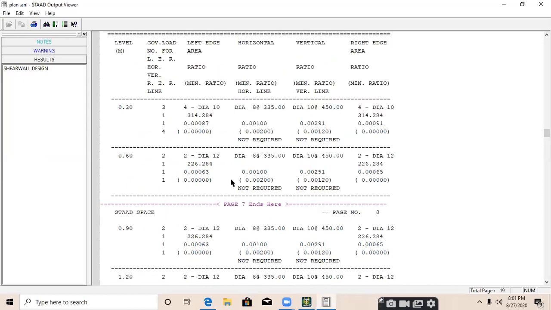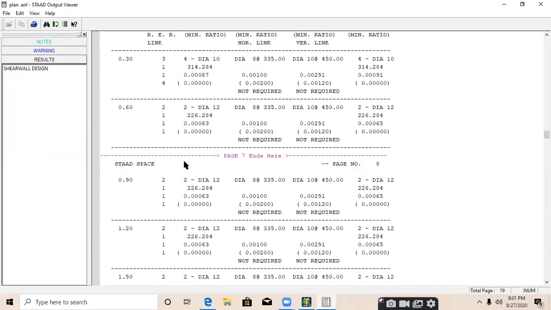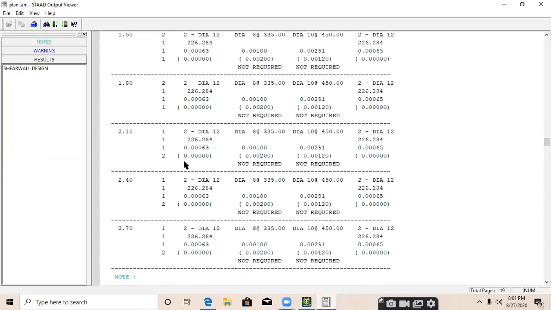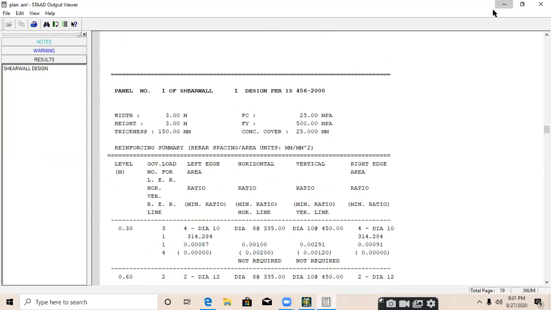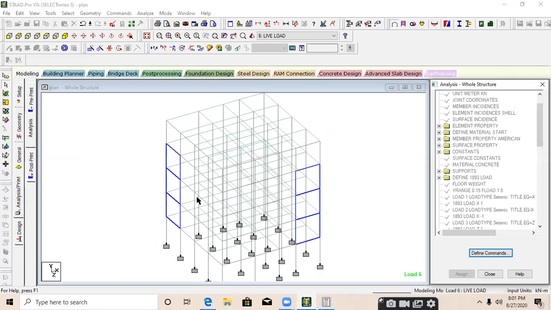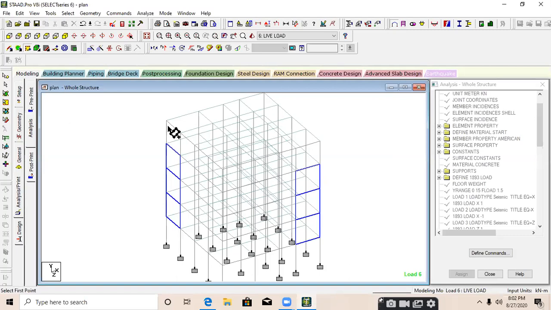We just need to check how it is taking the left edge and right edge. Suppose we are making the building like that, creating a plate like that. Let me close that file. 1, 2, 3.